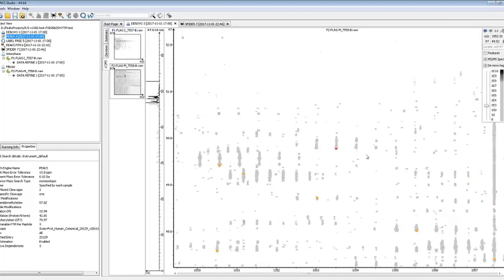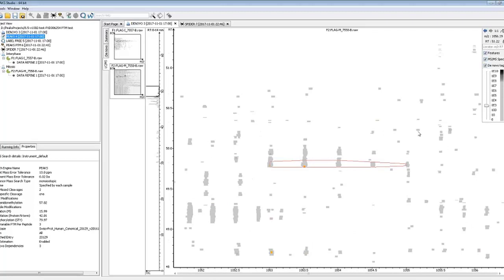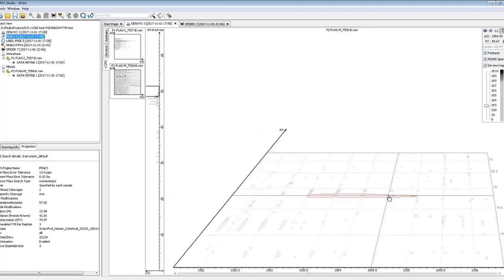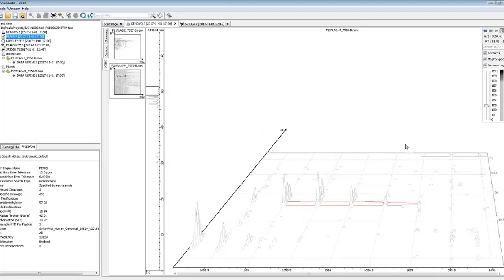Going back here, you can click this Features button in the top right, and it will actually show you the peptide features that matched up to this LCMS information. So what this heat map is showing on the x-axis is the M over Z versus the retention time on the y-axis, and the darker the signal here, the more intense the signal is coming out of the mass spectrometer. And then on the top right, you can switch to a 3D view. Holding control here to zoom in, you can get a clear picture of the actual data coming out